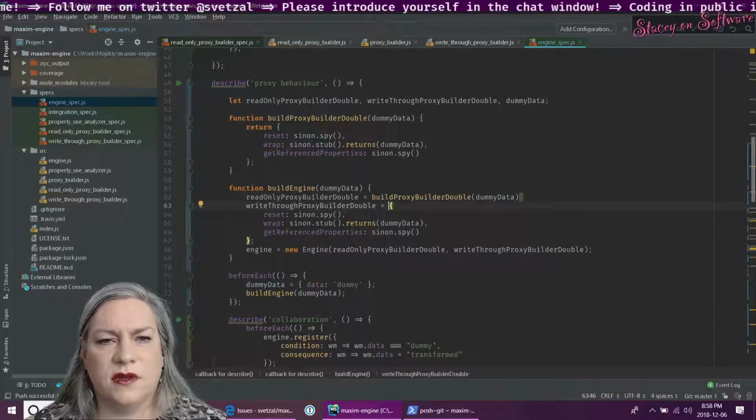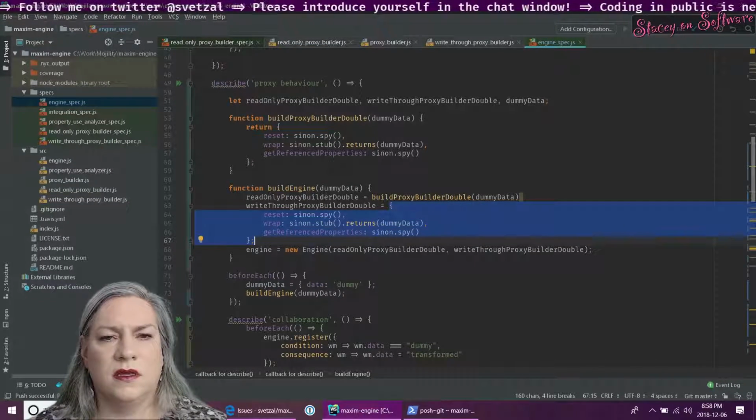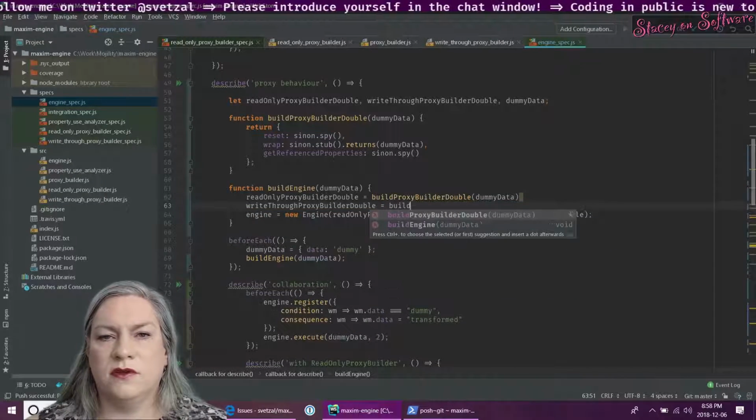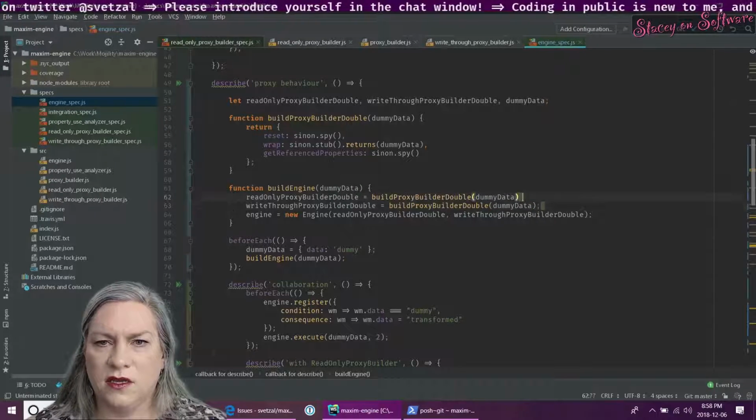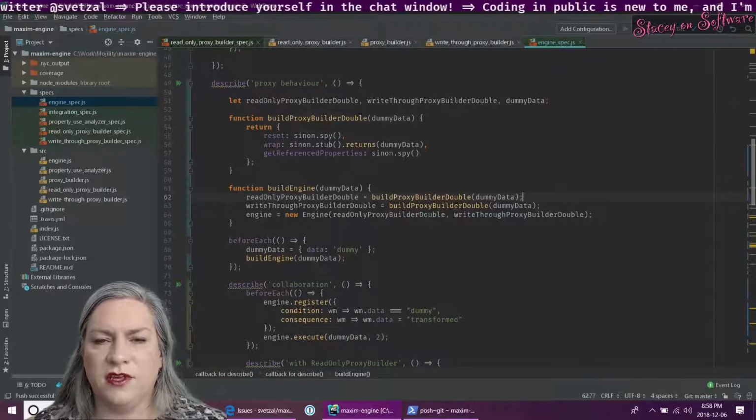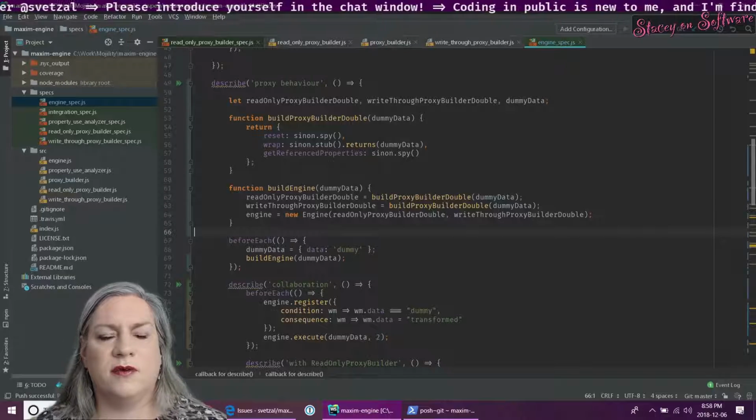And then this one can just build proxy builder double with dummy data, so I get 2 of these doubles.